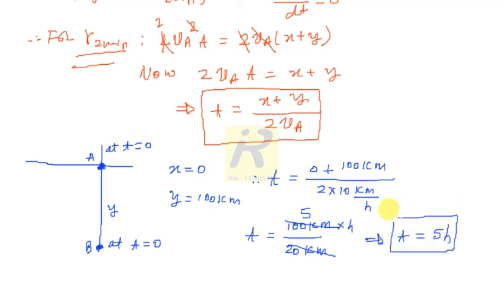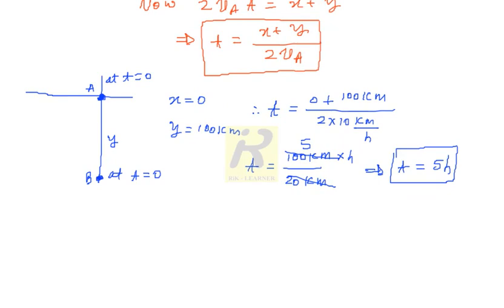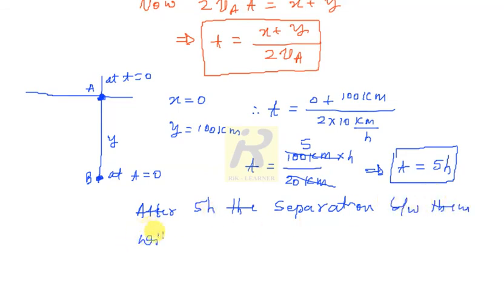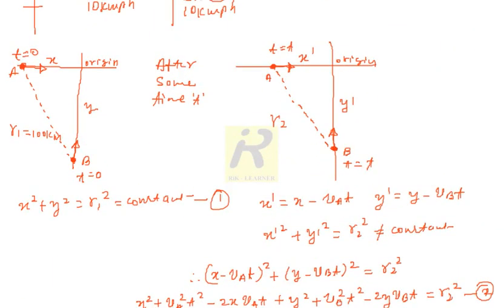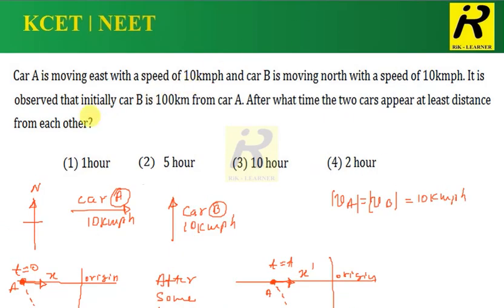That means after a time t equals 5 hour, their separation becomes minimum. Okay, so after 5 hours, the separation between them will be minimum or least. So this is the answer we got, right? So now the answer is option